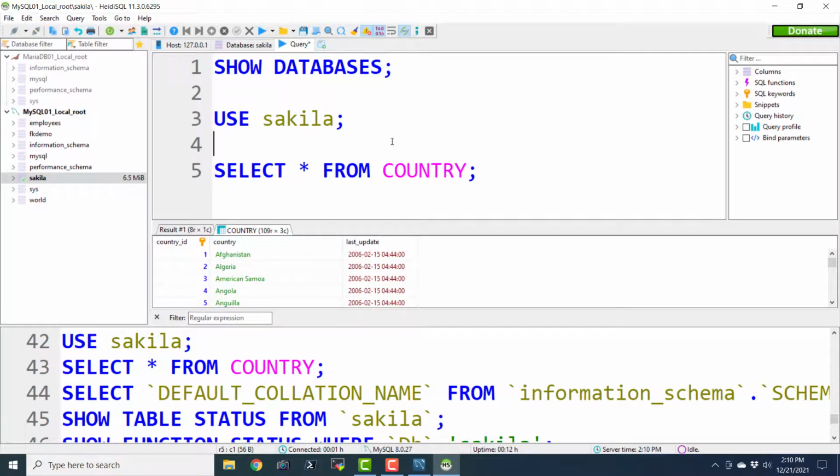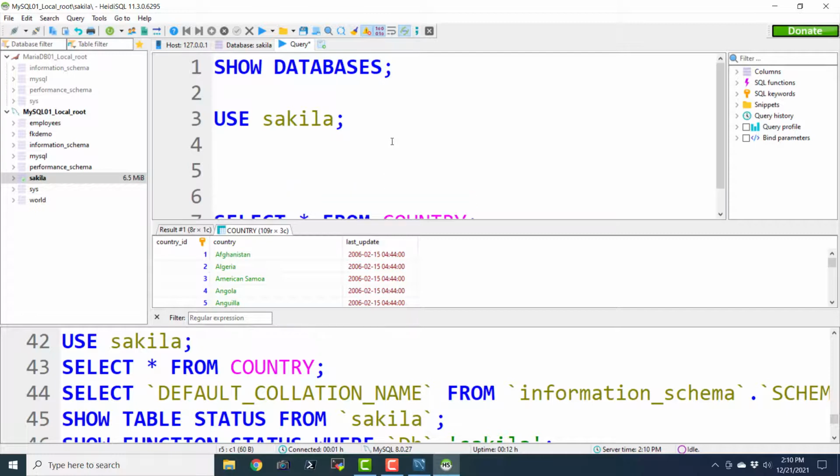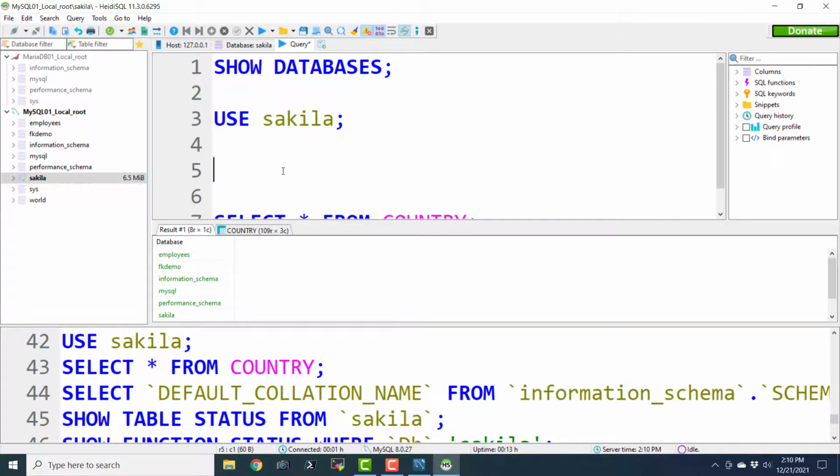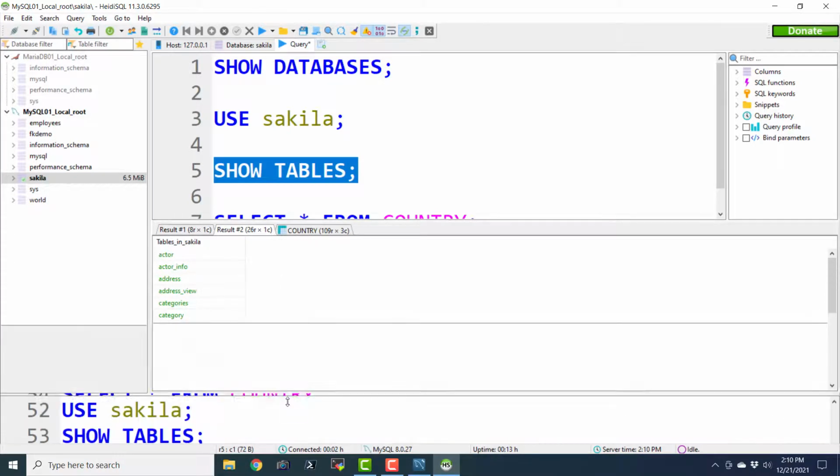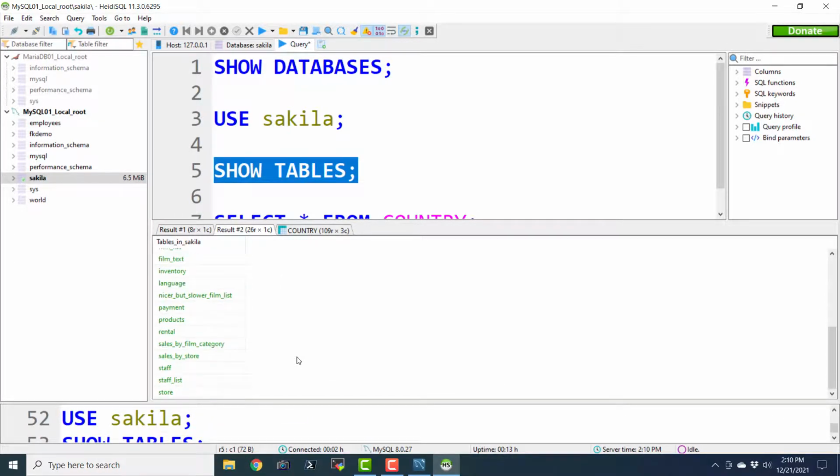Okay. So I think that if I say show tables, then it is going to show us the result in some other tab. So can we close this tab? Okay. So if I say show tables, okay, so here we have the table list. So I was not actually able to see it earlier because I'm not actually very much familiar with this Heidi SQL. To be very frank about it, I was not really very familiar with that. And I'm also learning a lot of things by recording this session.